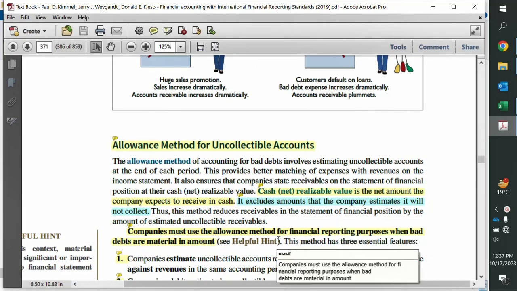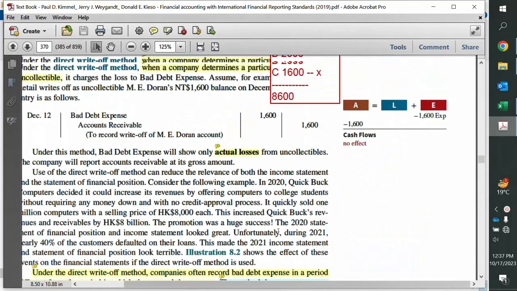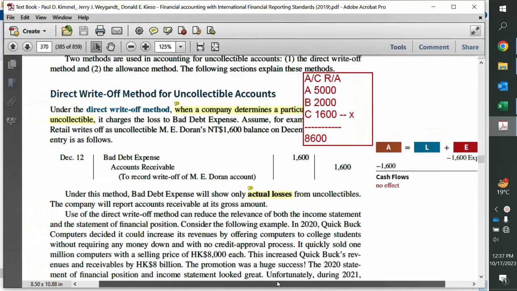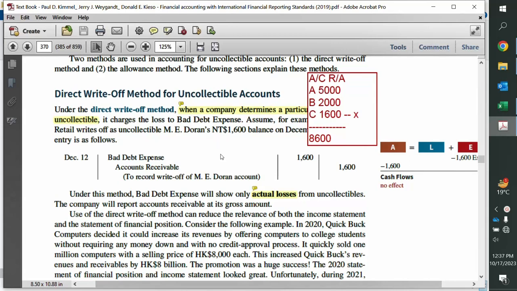Okay, friends. So now we recap the content that we discussed in the last video. That is, what is the allowance method of recording bad debts, right? Recall we discussed first the direct write-off method, which says that we do not record any adjusting entry towards the end of the period. But during the period, whenever we get confirmation that some account receivable, some party, is not going to pay, then we record an entry: bad debt expense debit and account receivable credit. So account receivable is reduced, being credited, and a reduction in asset due to doing business is an expense. So owner's equity decreases, which means expenses are debited.